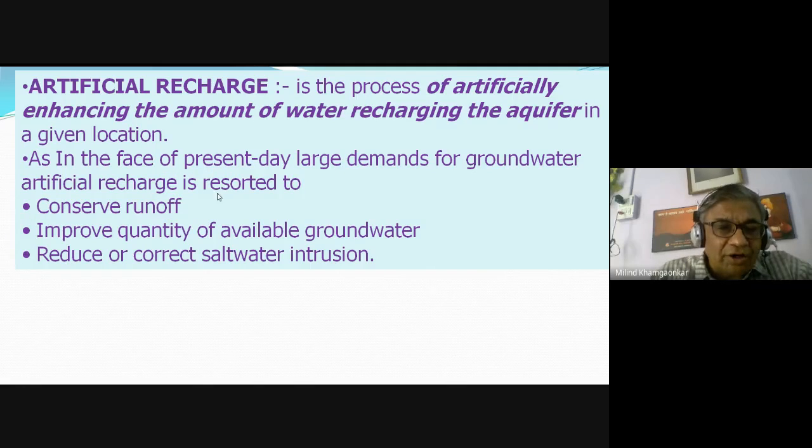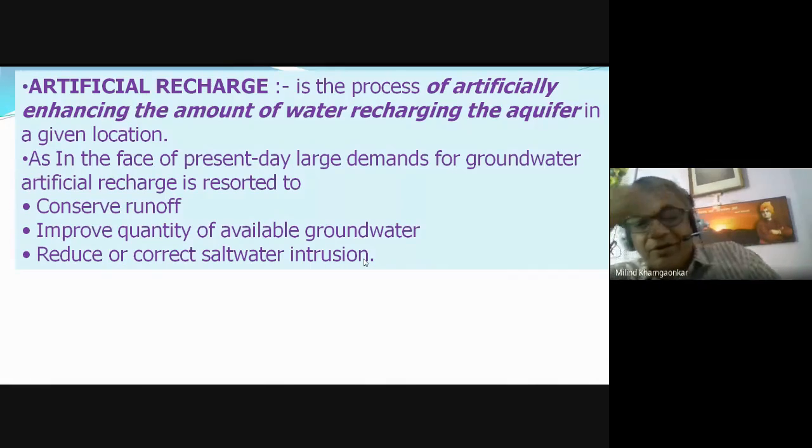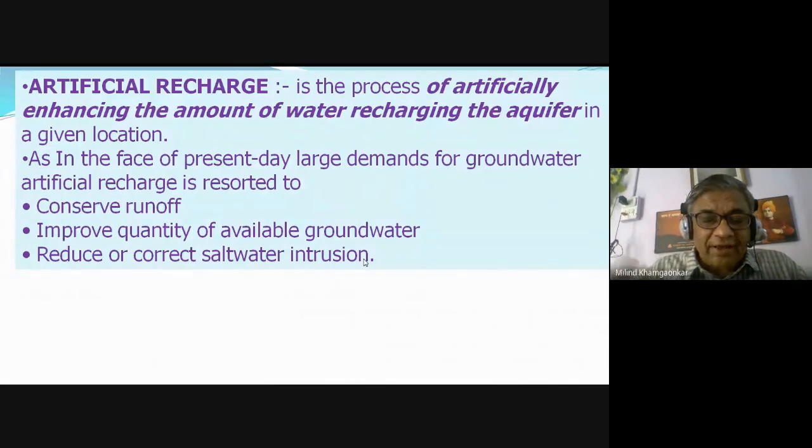Again, this groundwater recharging is useful to improve the quantity of the available groundwater as well as quality. क्वांटिटी भी बढ़ाने के लिए हमें रिचार्जिंग उपयोगी है, और जो बरसात का पानी बह के जाता है रन ऑफ में, उसको भी बचा के रखने के लिए, कंजर्व यानी बचा के रखना, वो भी हम ये रिचार्जिंग से achieve कर सकते हैं, as well as to improve the quantity of the groundwater and to reduce or correct the salt water intrusion. है ना, ग्राउंड वाटर धीरे धीरे यदि कम होते जाएगा तो वो सॉल्टी या सलाइन वाटर बढ़ते जाएगा।